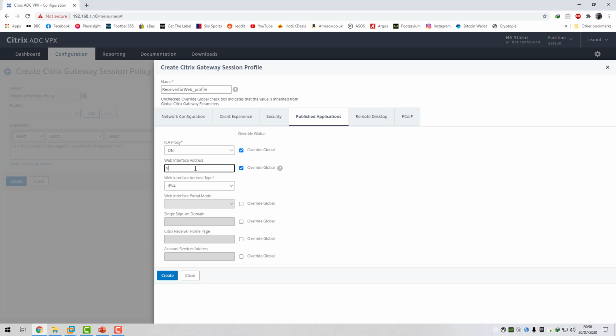So the web interface address is https://, you can put the FQDN here. I'm not going to bother. I'm just going to put the IP address. It's up to you really if you've got DNS. I've got DNS working, but it's sometimes better just to put the IP address here. So we'll point that to our load balancing VIP for Storefront, and then it's /Citrix, and then it's /Carmo web,